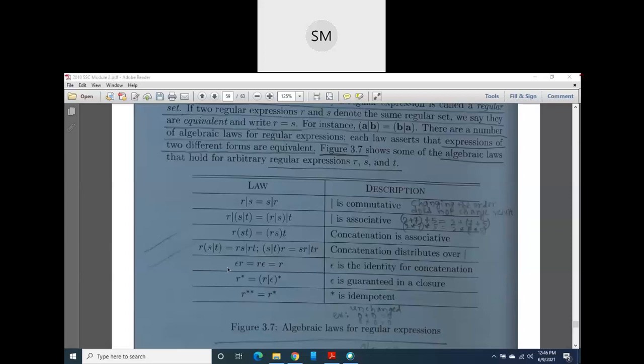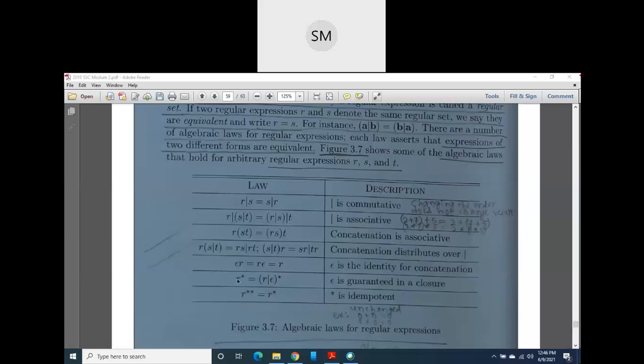Okay, remember this. Then epsilon concatenated with R, or R concatenated with epsilon. Both of them will give us the original regular expression, that is R. So epsilon is an identity for concatenation. It is playing a very important role here also. We cannot ignore it, even though it is not going to make any big change. With our regular expression, there will always be concatenation of the empty string.